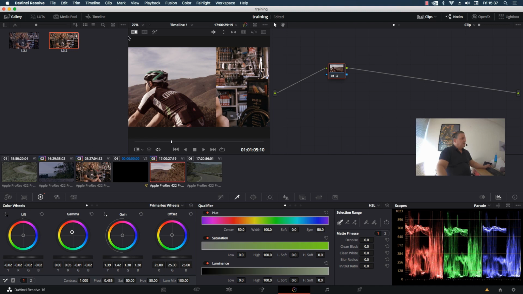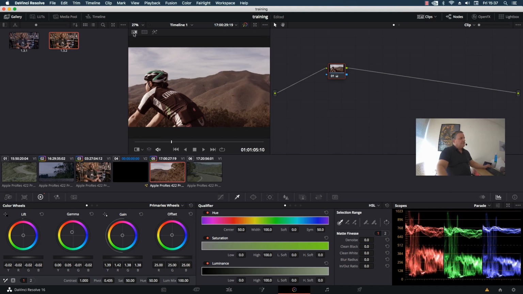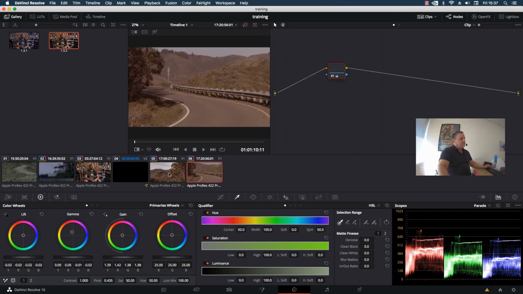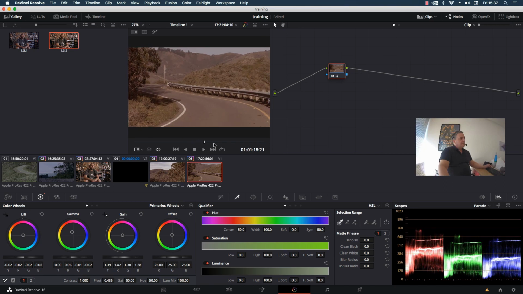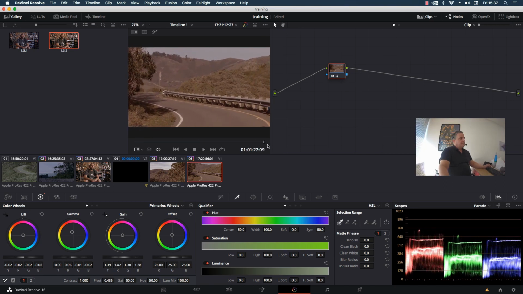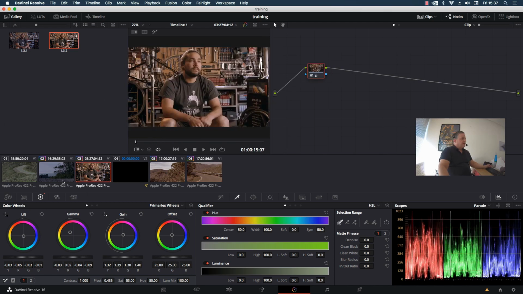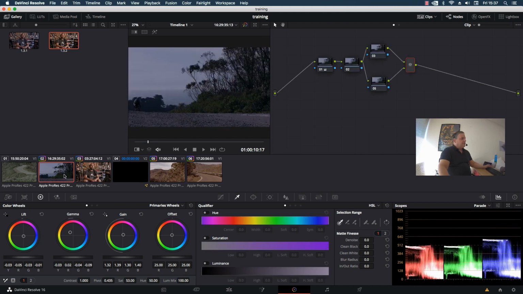And that's looking good. Then we can turn our wipe function off, and then we can move to here and say let's copy this color correction into this scene. Very easily done by just center mouse clicking on this particular clip. As you can see, the color correction has been instantly transposed into this one. And so we take that, and then we come back to here, we look at this one, and we say, okay,